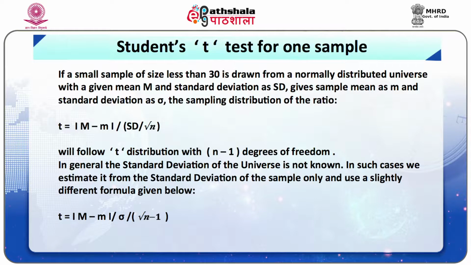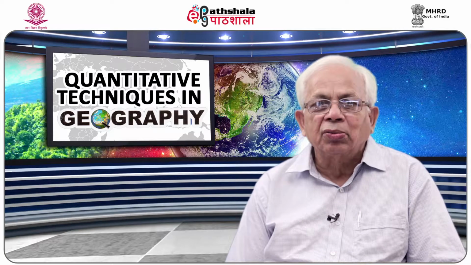The sampling distribution of the ratio t, which is the modulus value of the difference between sample mean and the population mean divided by the standard error, standard deviation divided by under root n, which is the standard error, will follow t distribution with n minus 1 degrees of freedom. Note that the numerator of t is a modulus, and the sign of two vertical lines indicates